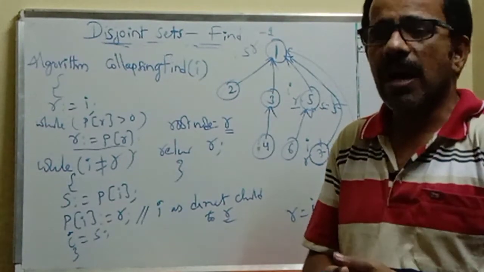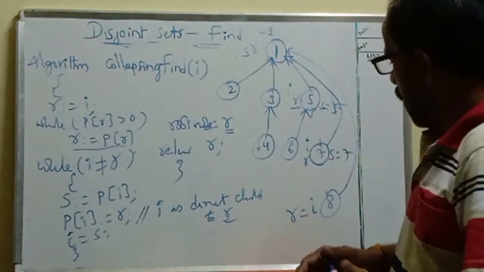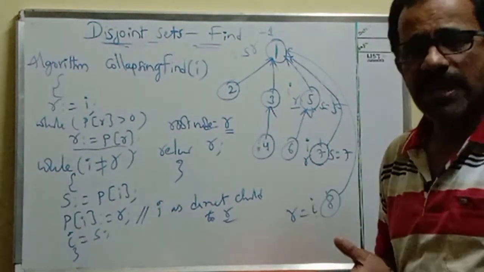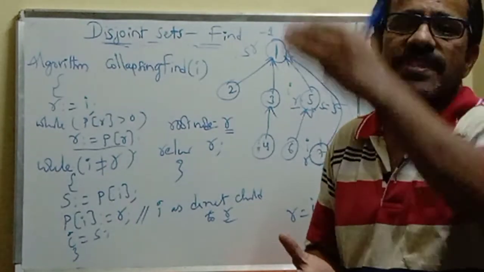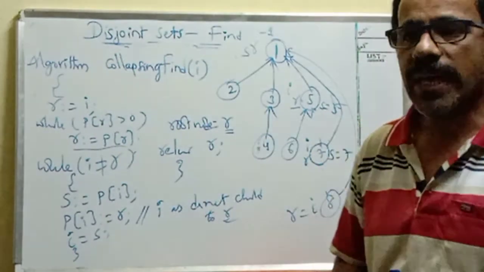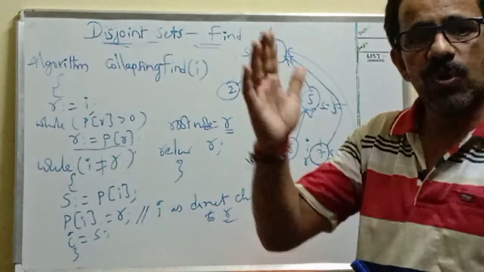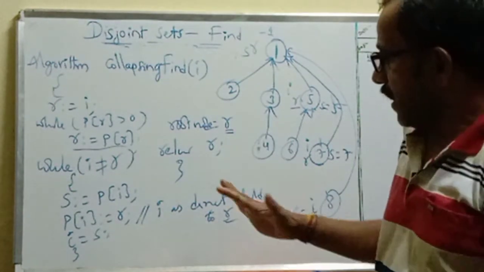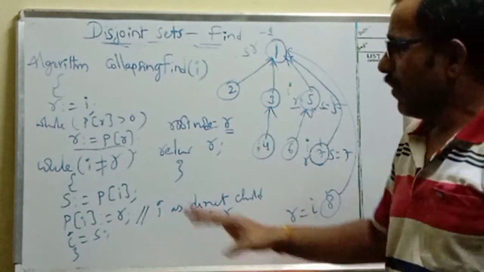After finding root node first time, then we start collapsing because that particular node related find operation may happen, or any other procedure may require the same node repeatedly. If you keep that particular node at the same level, then the same number of comparisons or steps are required to reach the root node. So that's why we are applying collapsing, and we are breaking all the edges between root node and the finding node. So like this we can apply find operation on any node, but first time we have to find the root node.